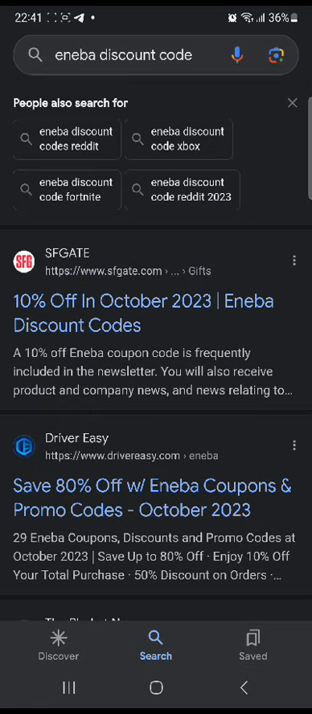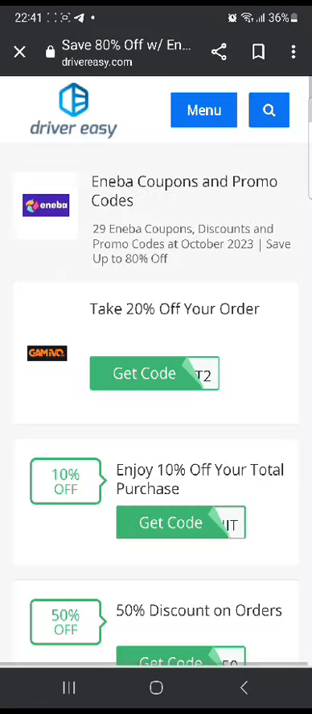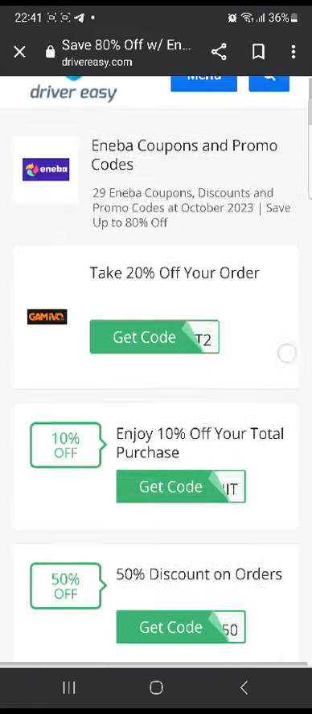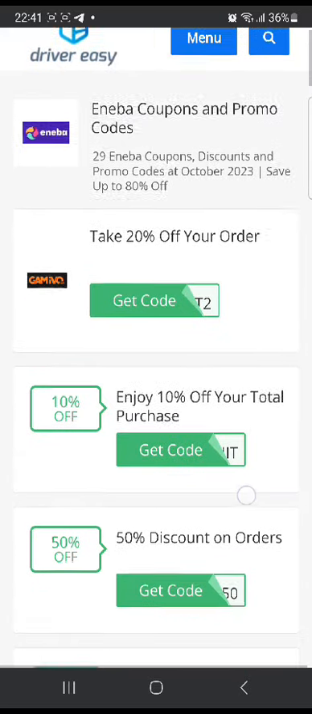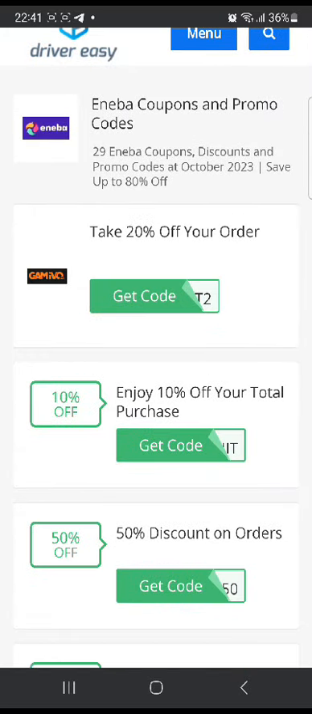Next, you can head over to this website, Drive Easy, and you're going to wait for it to load. Once you're there, you're going to see many codes again. For example, the second one right here says enjoy 10% off your total purchase. So you can click get code